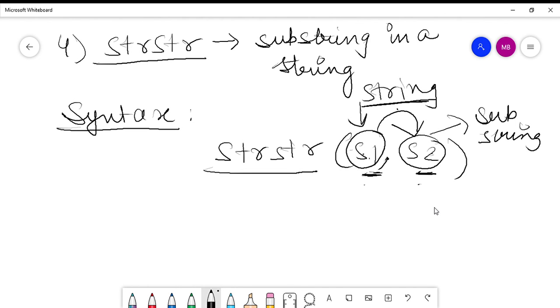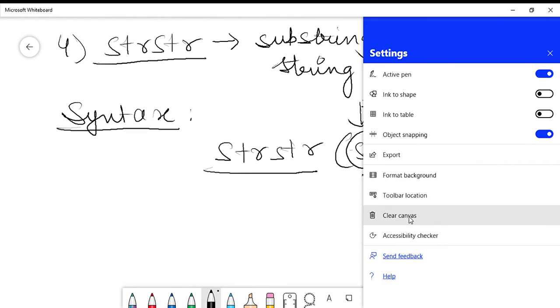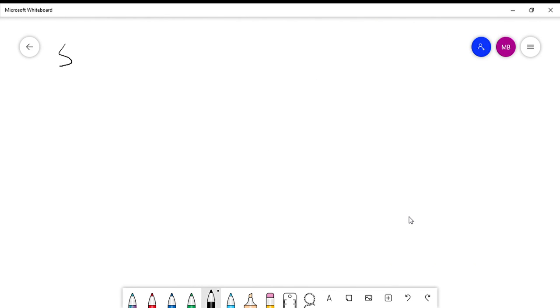Now let's look at another function. It is strchr.